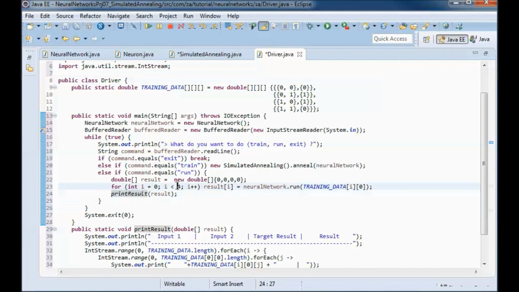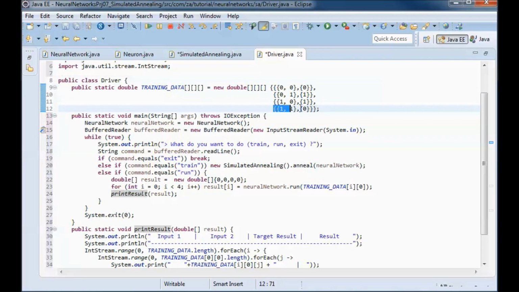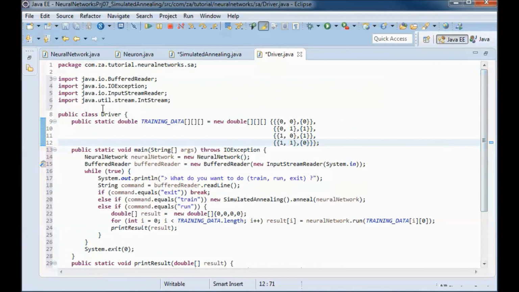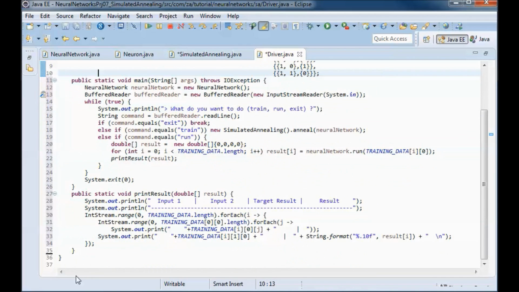And actually, instead of 4, so we have 4 here, so instead of 4, let's enter training data.length. So here we will find the result of each one of those inputs. And this should do it for this class.